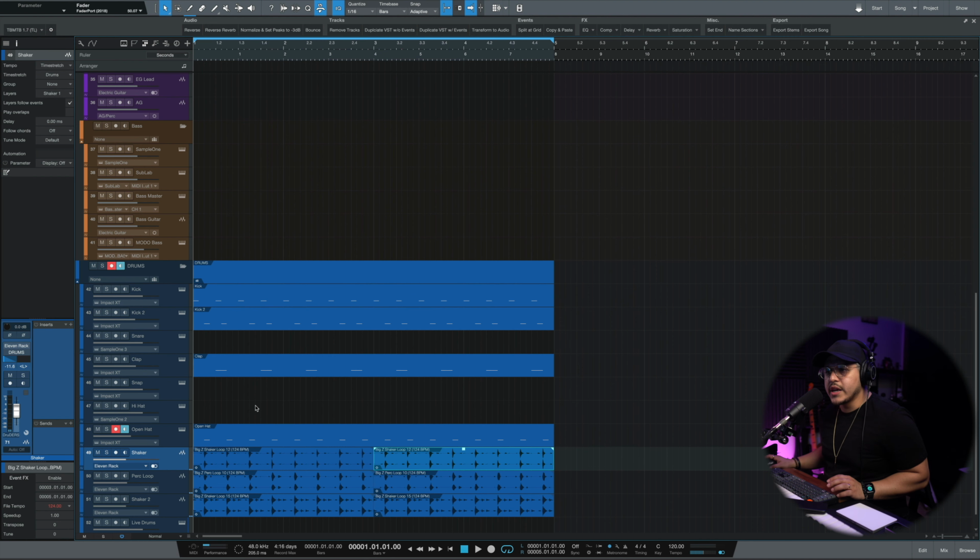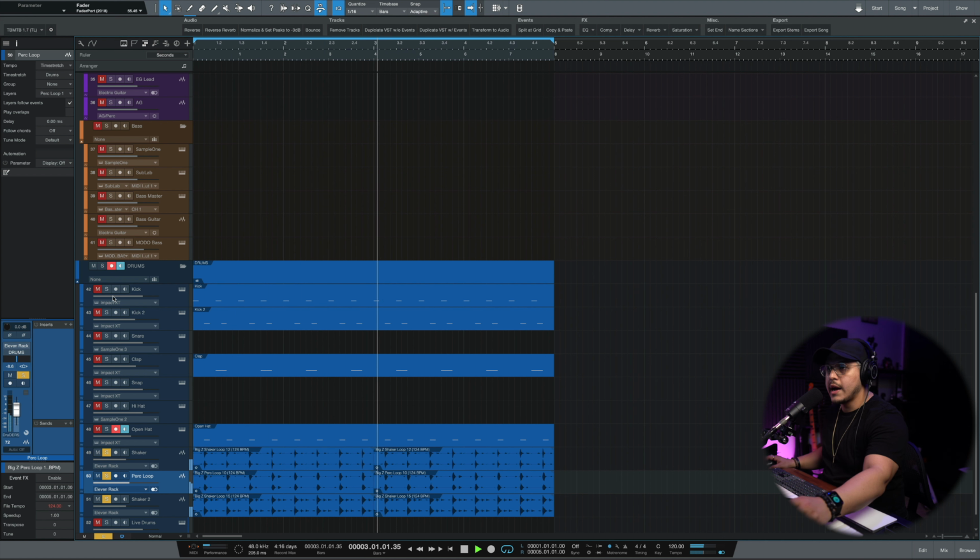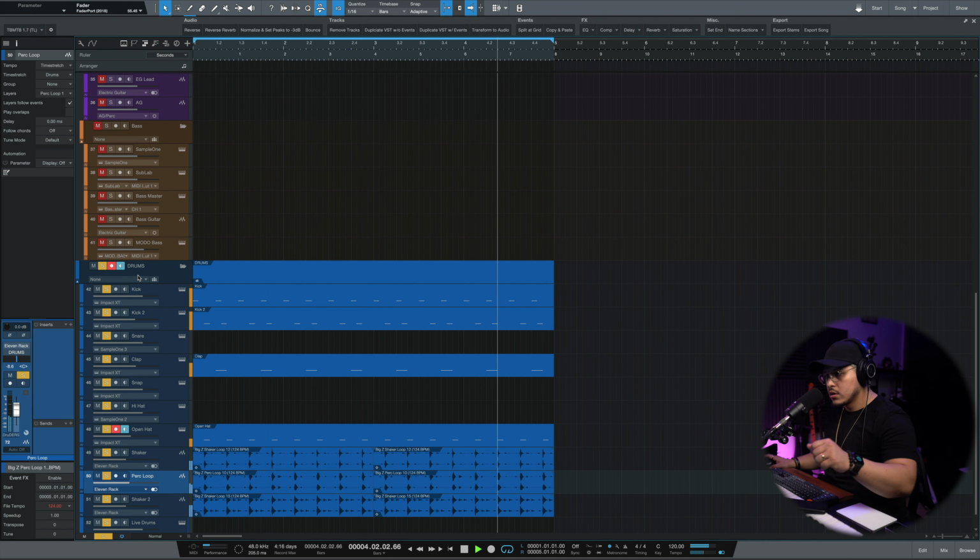Okay, so check it out. I found a shaker. I actually found 2 shakers and then a perc loop. Now, this is something that I did here. You don't have to do it yourself, but I just wanted to try it out and see if it worked, and it kind of did. Basically, I took one shaker, which sounds like this, and I panned it to the left. Then I took another shaker, which sounds like this, a totally different kind of texture, and panned it to the right. And then together, they create a little bit more of a wider feel. Right? Add the perc loop in the middle. Add the rest of the drums. And so far,